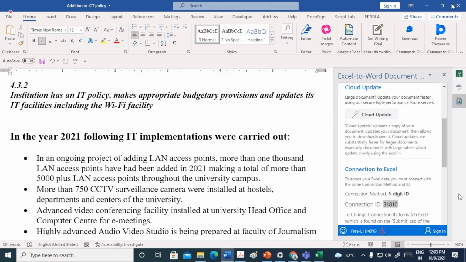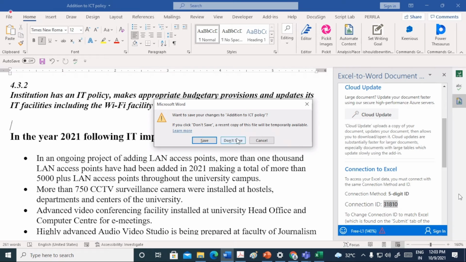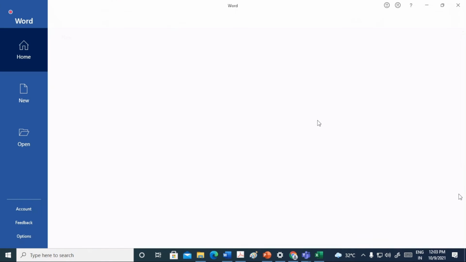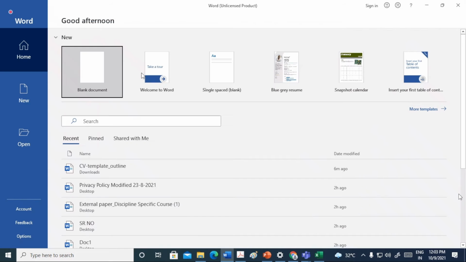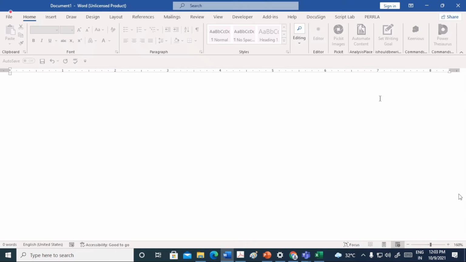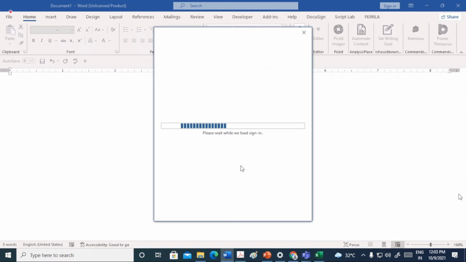Let me take another Word document. This is not allowing me. Yeah, this is the problem. It asks for the activation each time, so I have to sign in.